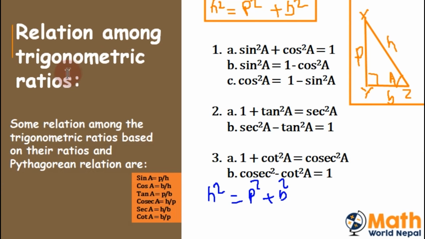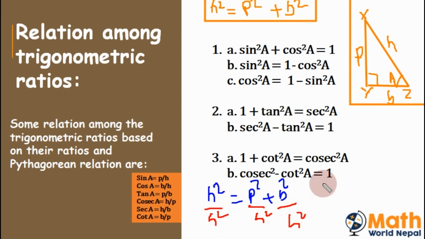And now for the final topic of the lecture, we're going to talk about the relationship among trigonometric ratios based on their ratios and the Pythagorean relation. We all know the Pythagorean relation, H square is equal to P square plus B square. Now we are going to use this relation to derive the relationship between trigonometric ratios. To derive the first relation, we will divide both sides of this relation by H square,